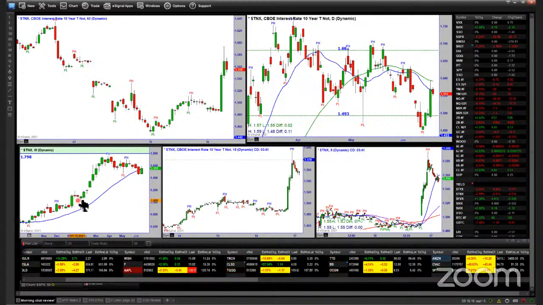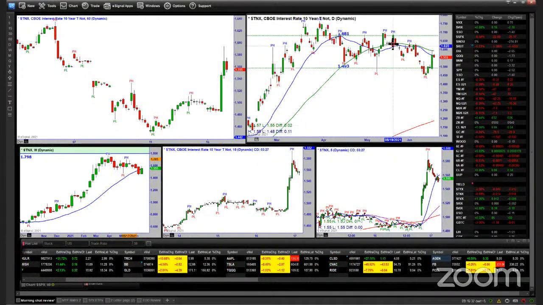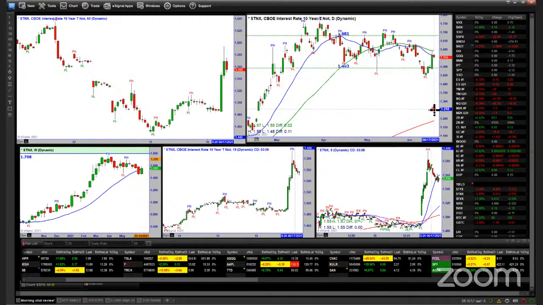So this is a support area, even though this software is not marking this as a pivot because I didn't tell it to mark things with only 2 bars to the right or the left. But this is a giant momentum move, which created a void. And we talked about this head and shoulders and it broke down. One of the things I mentioned, probably earlier in the week, was that this suggested it's going to go down. But I mentioned if this could rip right back up in here again, all bets are off for this going lower.